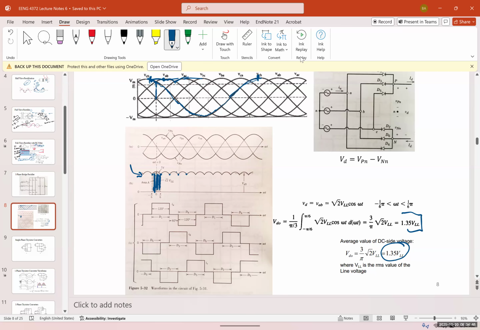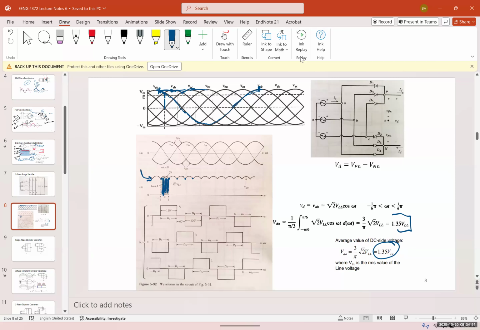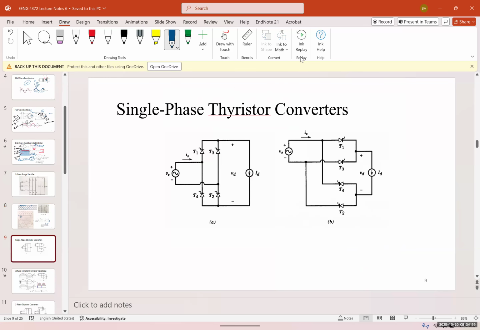Now, for high voltage situations, we usually use a different device than a diode. We use thyristors. Thyristors are devices that are used for high voltage, high power applications. The graphic symbol is like a diode with an extra pin input. So a diode has 1 input, 1 output, 2 terminals. A thyristor has 3. So it's like the diode, and we have an extra pin over here, which is technically